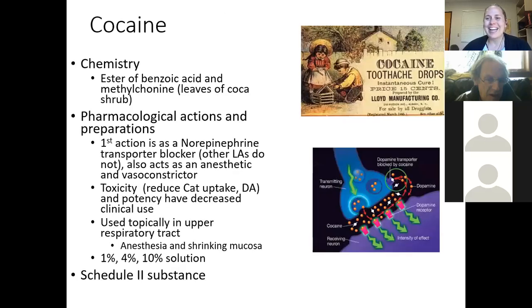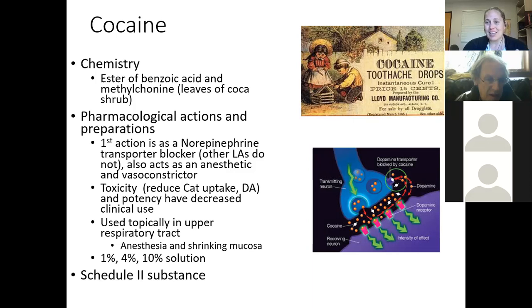Okay, so we're going to start with the grandfather of local anesthetics, cocaine. I think the question yesterday, posed maybe at the end of class, was about the "-aine" suffix that follows all of the local anesthetics: what is the origin? Many of the local anesthetics from this family of compounds are derived from the idea of cocaine. I believe the nomenclature of cocaine came from the plant from which it was originally characterized.